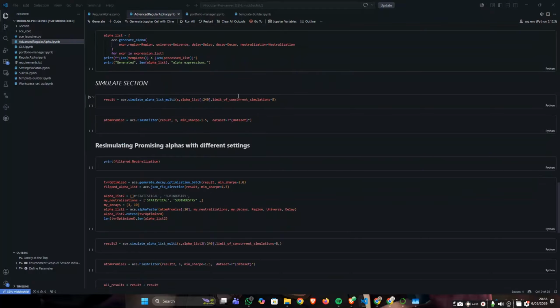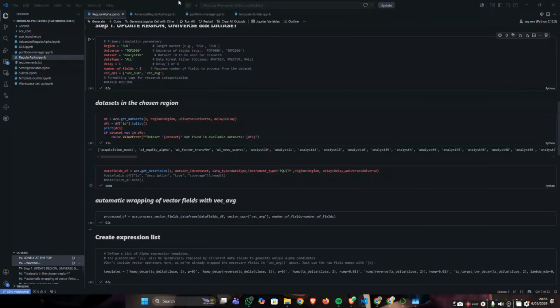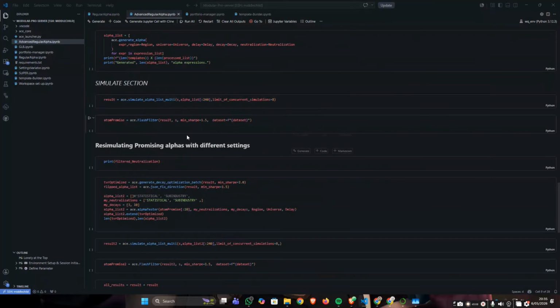Also, the advanced regular notebook has a faster way of setting properties for your alphas. So even if you simulate 1,000 alphas, you can go through them in like a minute or 30 seconds, and it will go through them, check the settings, update everything, and then it will color code everything for you using the filter that is used in the regular alpha notebook, but the filter in this one is